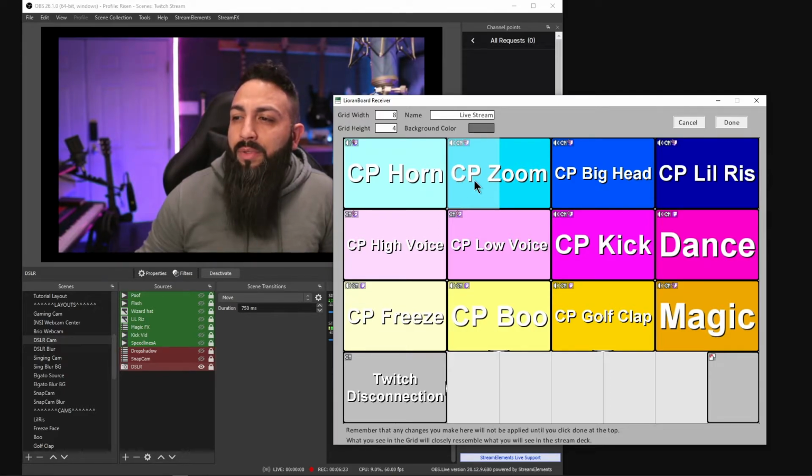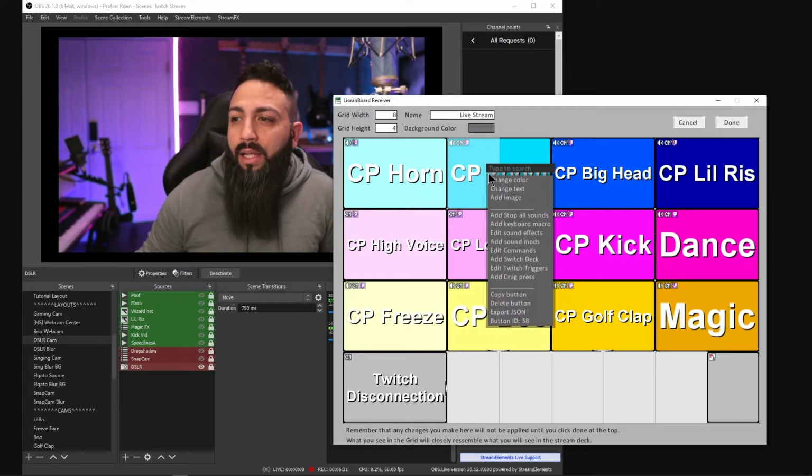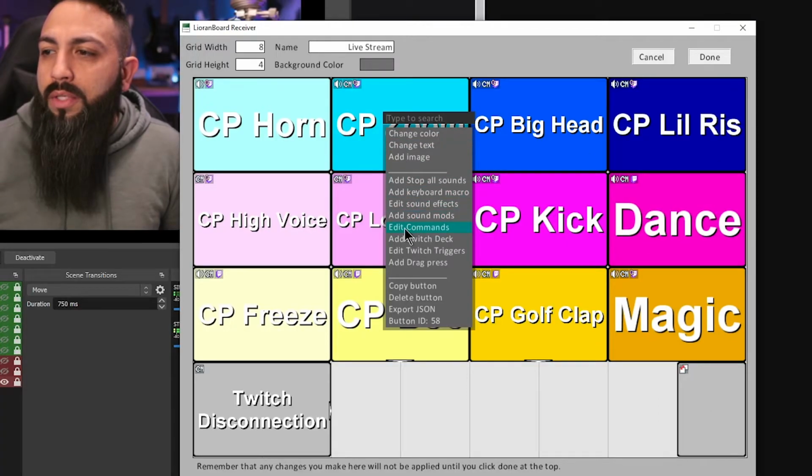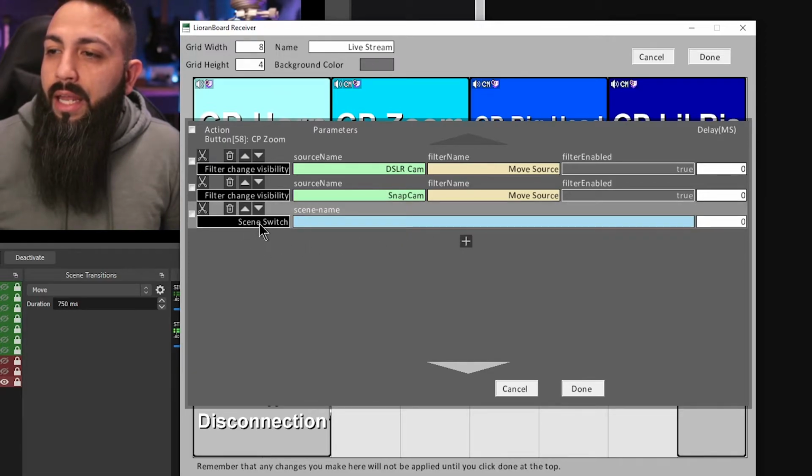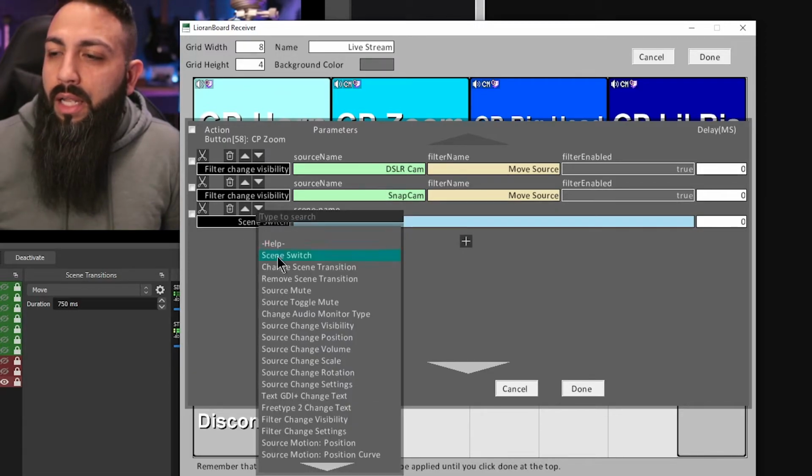It's labeled CP for channel points because I use this as a channel point redemption. So what you're gonna do on the button that you just created is right click on it and go down. Yours is gonna say add command. Mine says edit command because I already have it created. So you're gonna click that, and then you're gonna click this plus sign,